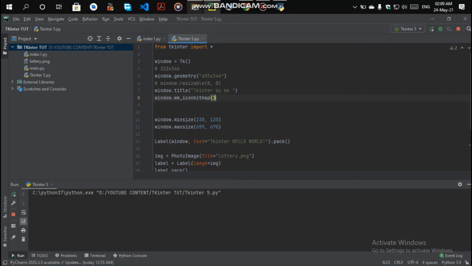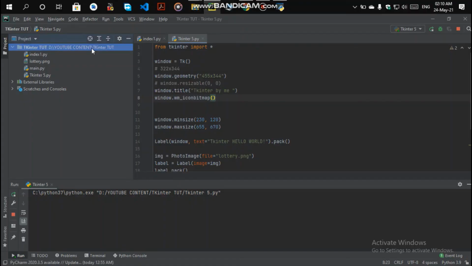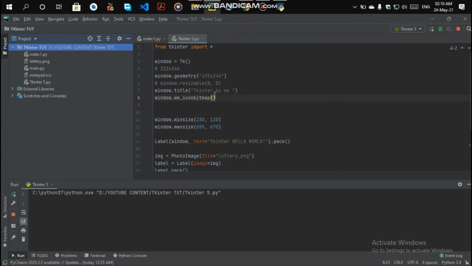I have an ICO file there, so I will copy it and paste it in our PyCharm. We will give the path of your ICO file as notepad.ico, the path of your icon.